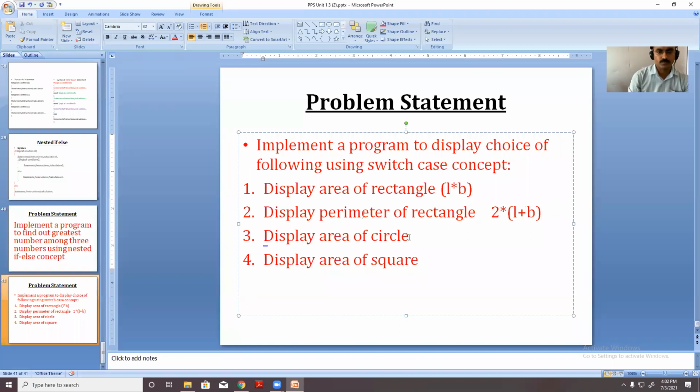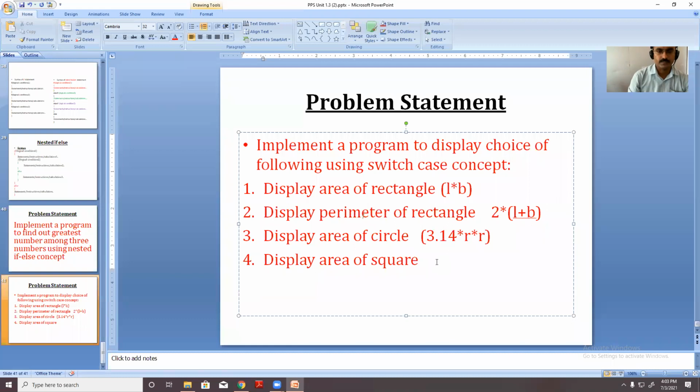What is the formula for displaying area of circle? Pi r square. Yes, pi r square. It is not 2 pi r. Now for this pi, either you can use this variable or directly you can use 3.14 in the calculation. Pi r square, r into r.